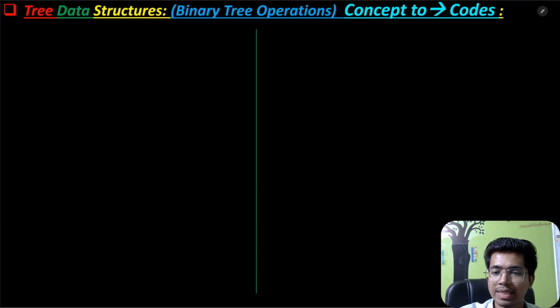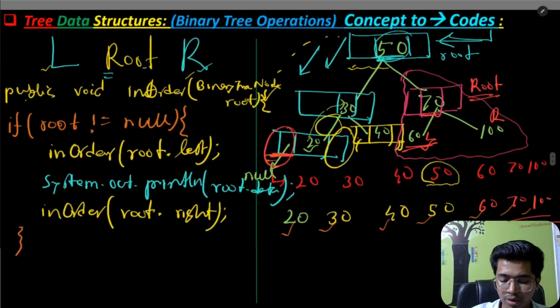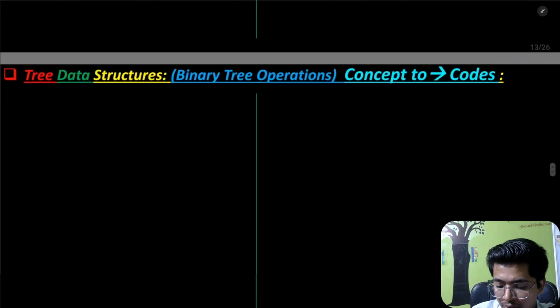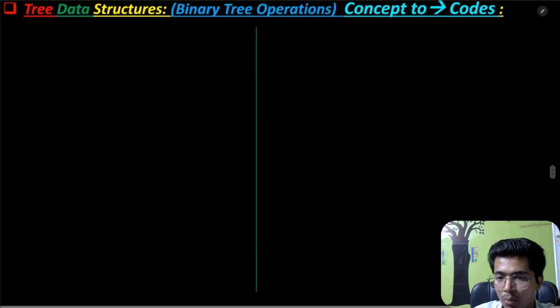So today we'll be understanding the pre-order traversal. Previously, we understood the in-order traversal. So here, now we'll be understanding the pre-order traversal in more programmatic manner. First, we'll be understanding how recursion works. So pre-order,